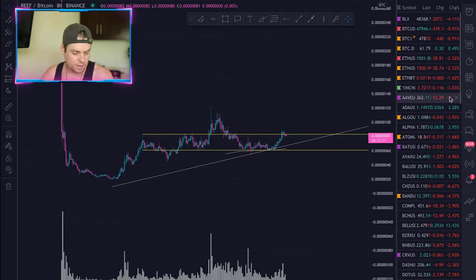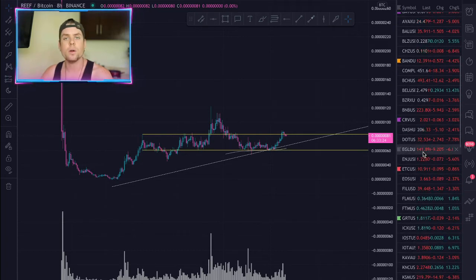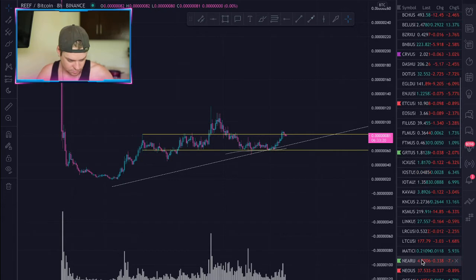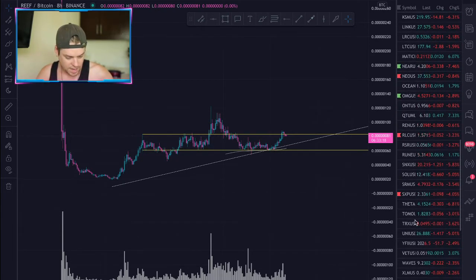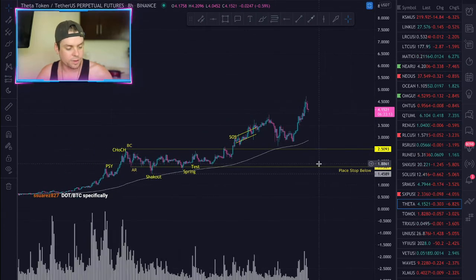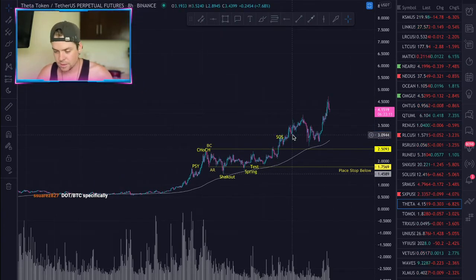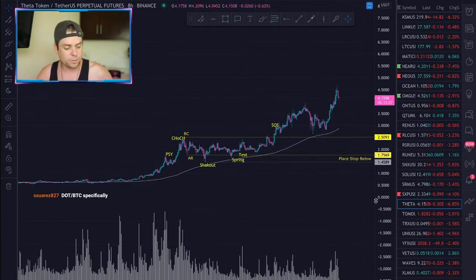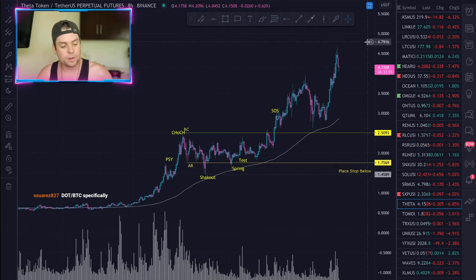Yeah, let's take a look at Theta. Theta's pumped quite a bit, so that'll be a good one to compare on Bitcoin as well. So let's take a look at Theta. And if you're new to this concept of the Bitcoin pair, really take the time to try and understand it. Theta is looking really good. We're leaving a reaccumulation.